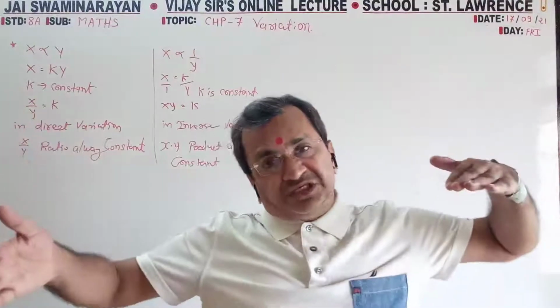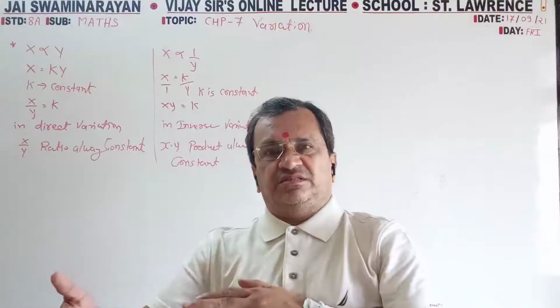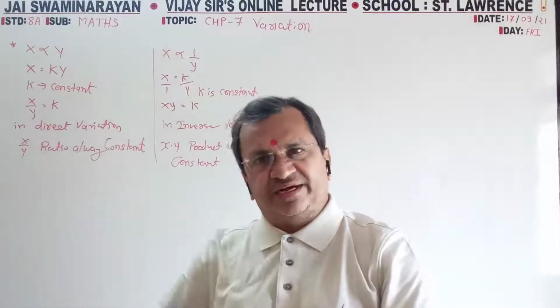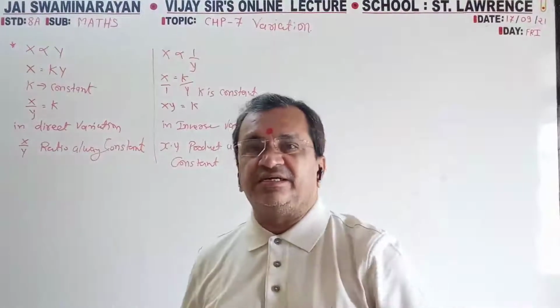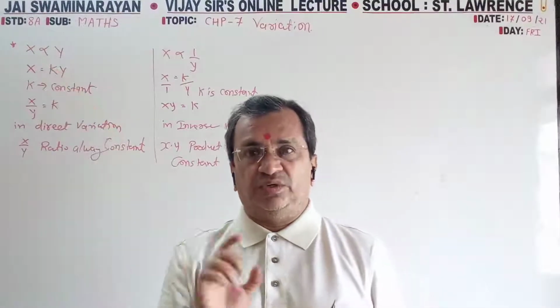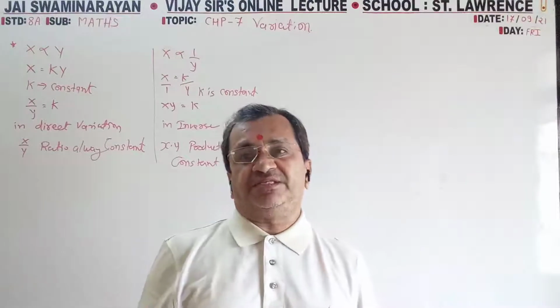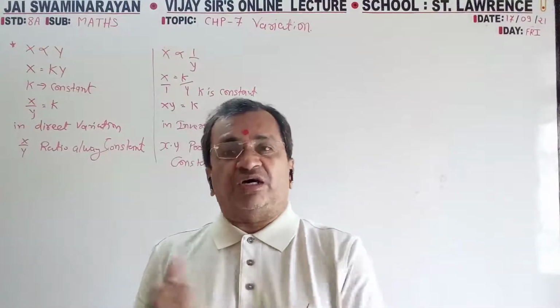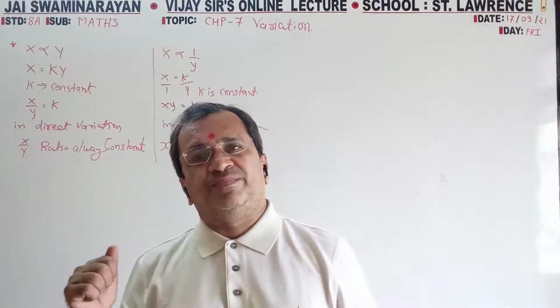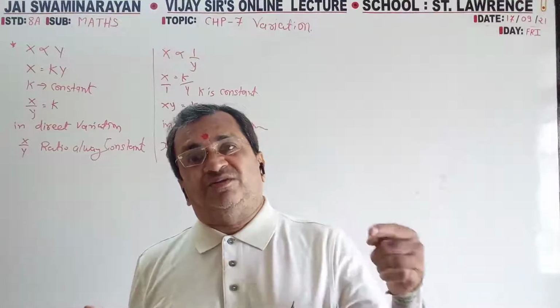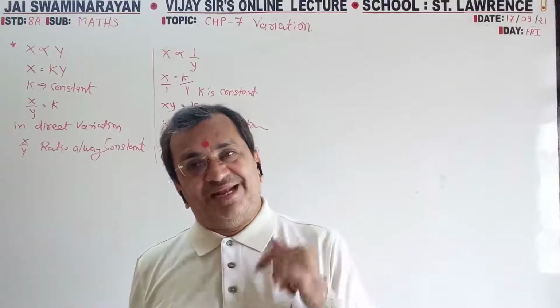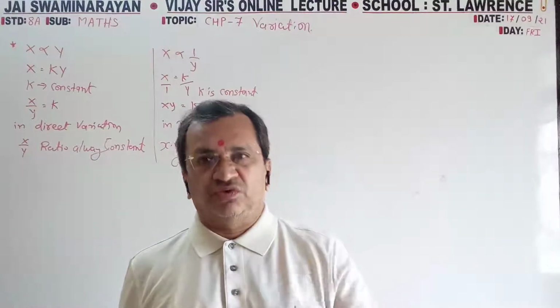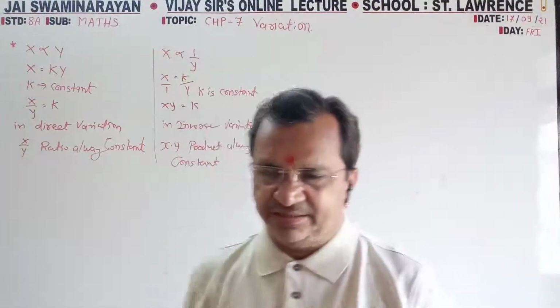Distance is the same, speed is increasing, time will decrease. Speed is decreasing, time will increase. Okay, from place A to place B, by cycle if you go, less time. By walking you go, more time. So compared to cycle, walking speed is less, so more time. So one increases, one decreases, like that.